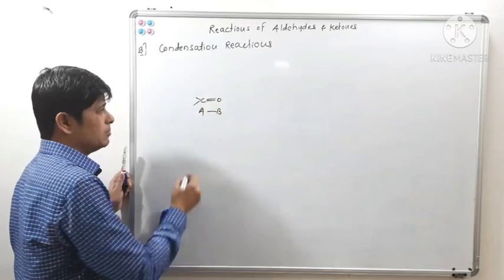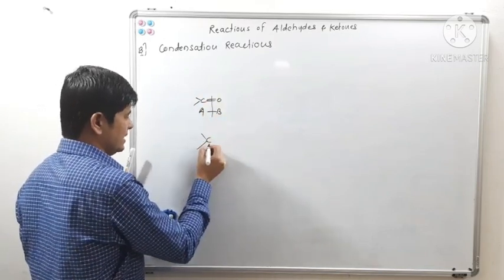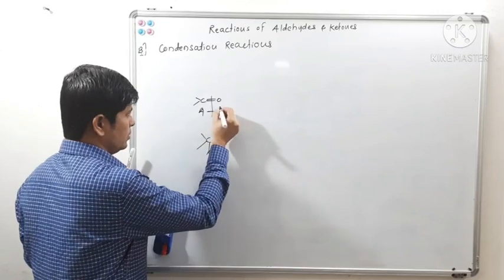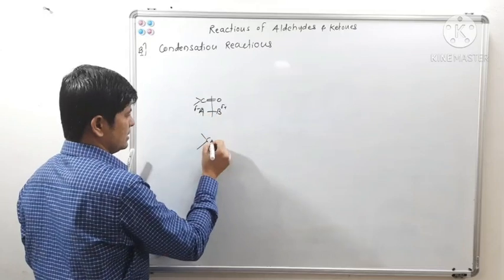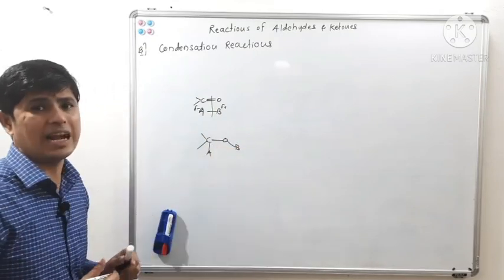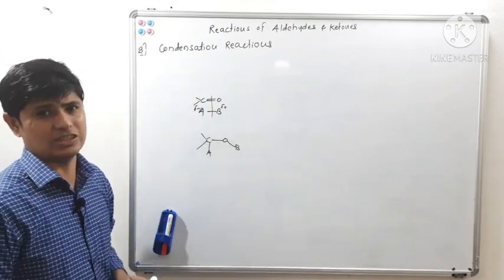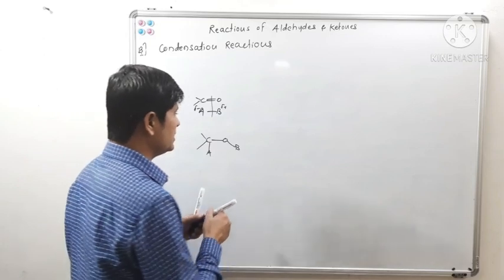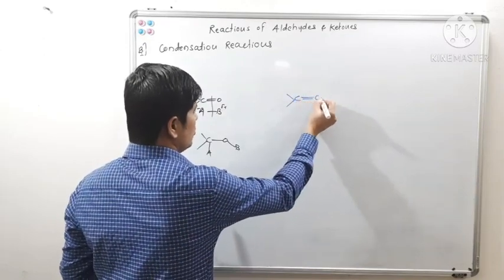the carbon oxygen double bond. So what we are getting like this. Suppose B is delta plus and A is delta minus, so we are getting such type of adduct in addition reaction. Now what is the difference between condensation and addition? In condensation we will have a